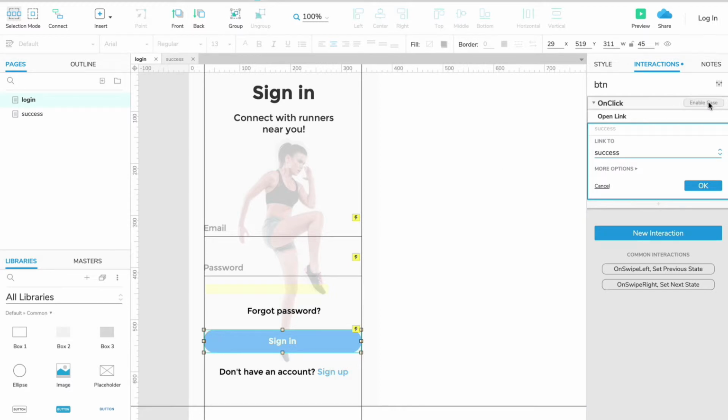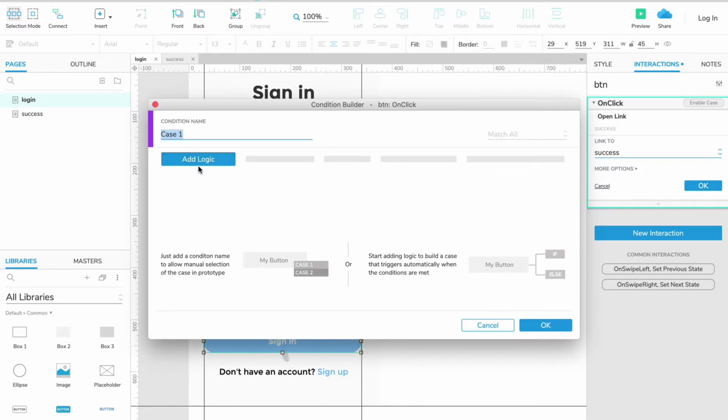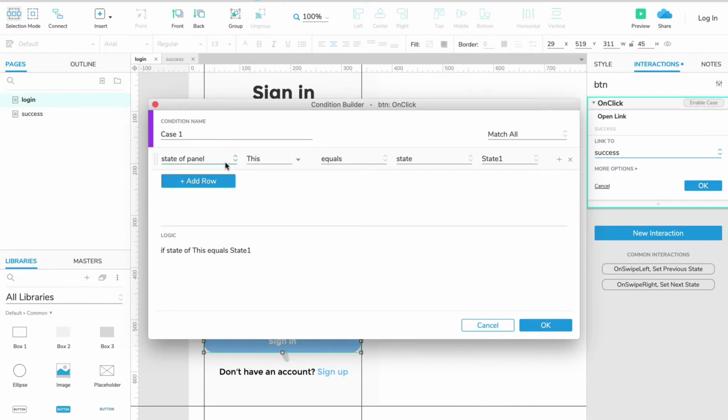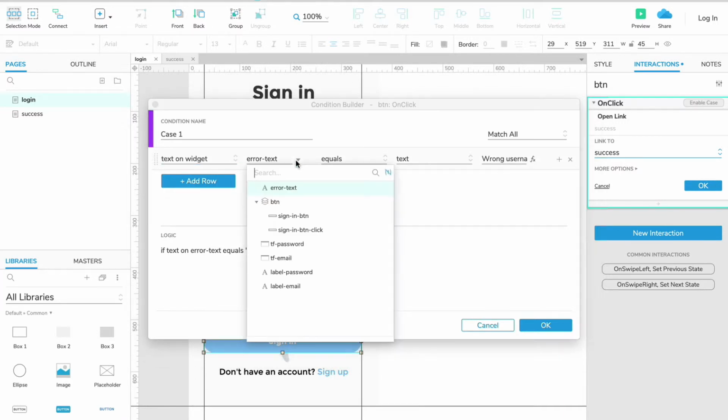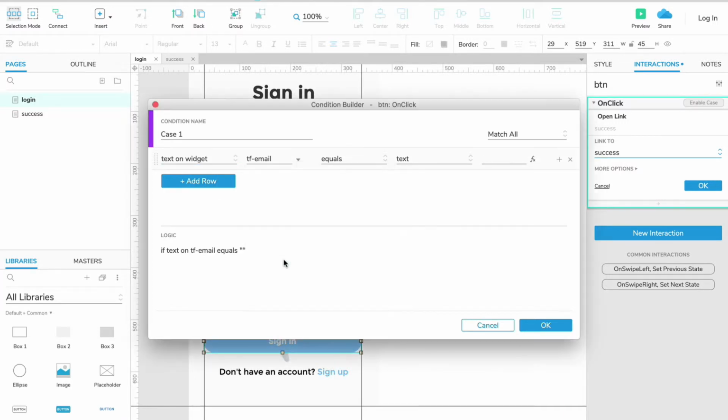Now we, of course, need to do our checks, and for this we add a logic, and we say if the text on our input field here, email, equals text, and just add some email here. Let's say, I don't know,